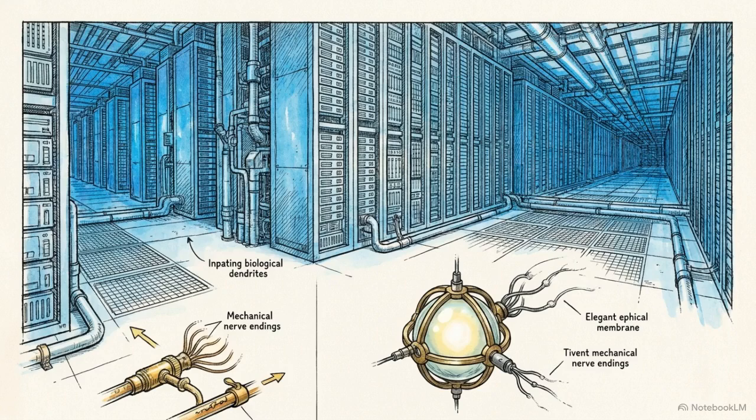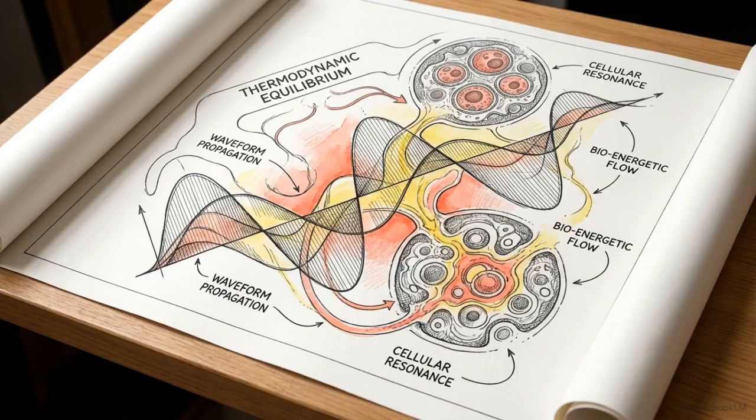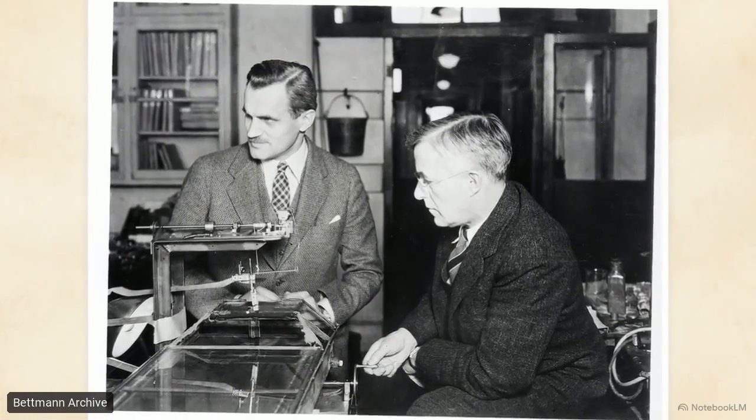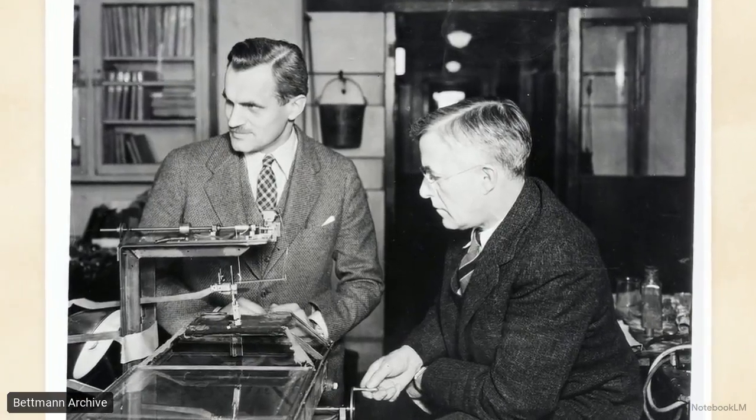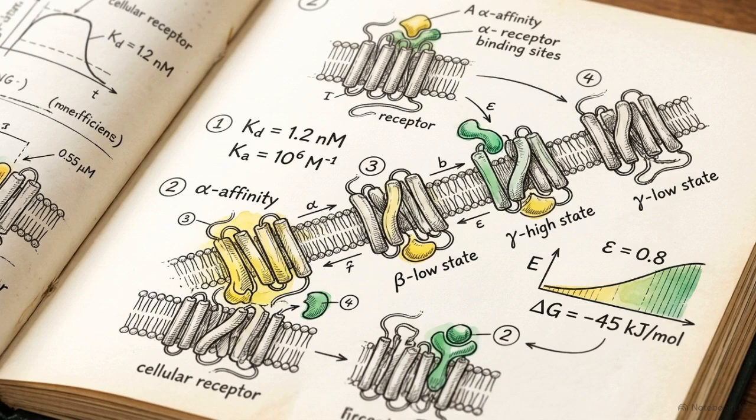We are forced to build incredibly deep, energy-hungry structures to simulate the basic sensory regulation that a biological synapse performs natively. We can address this by shifting away from the linear perceptron. Instead, we compute activations using principles of thermodynamic equilibrium. This approach maps neural node mechanics directly to receptor states. Instead of relying on abstract weights, we constrain the mathematical boundaries using lab-measured biophysical constants, specifically the affinities of high